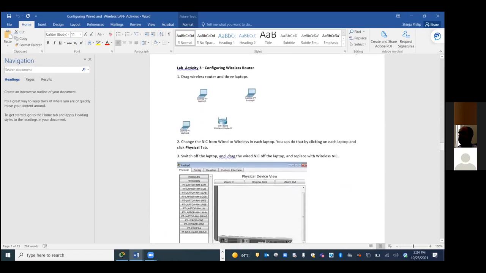So similarly, in this scenario, the third lab is 3. In this scenario, who supplies the IP address? Imagine we don't have a DHCP server. What do you have? Just a wireless router. In this scenario, your wireless router is going to give the IP address, DHCP. You can configure the wireless router as a DHCP server. We are able to do that. Okay.